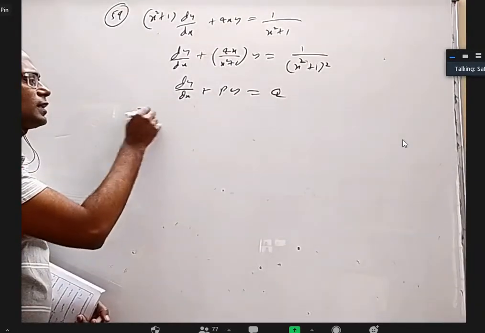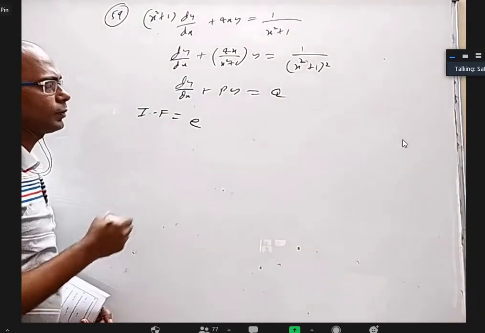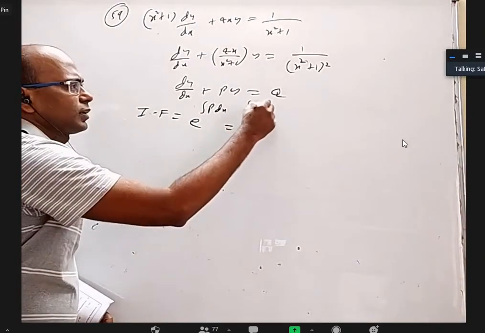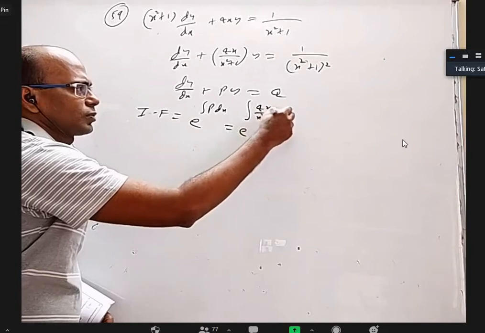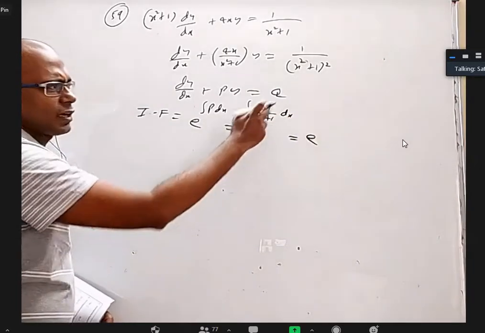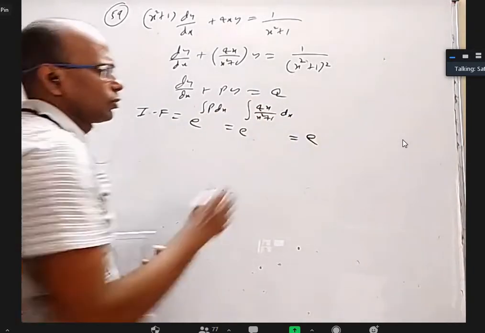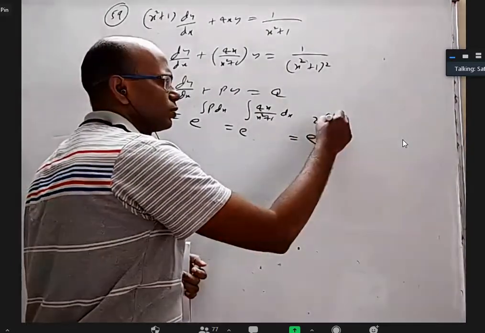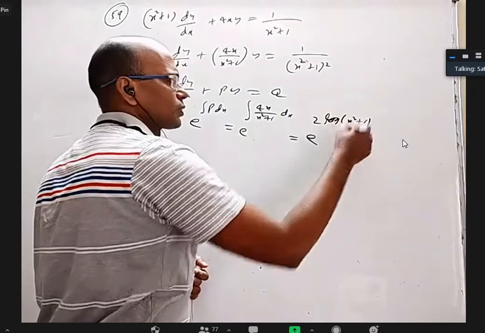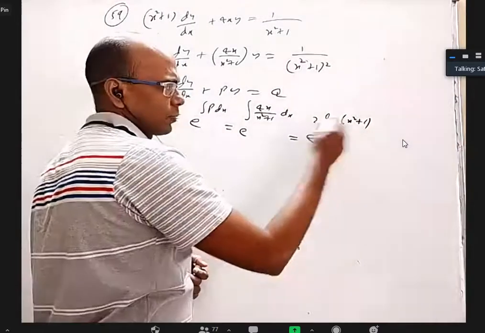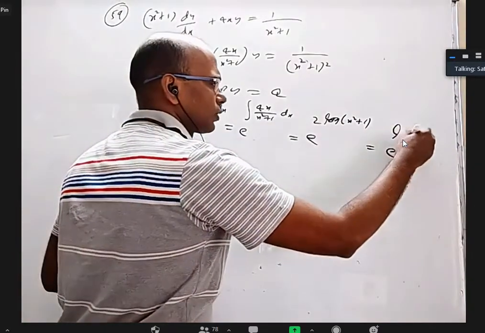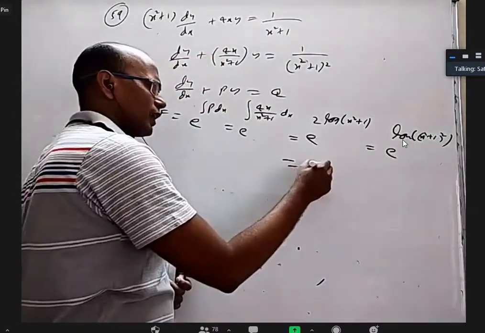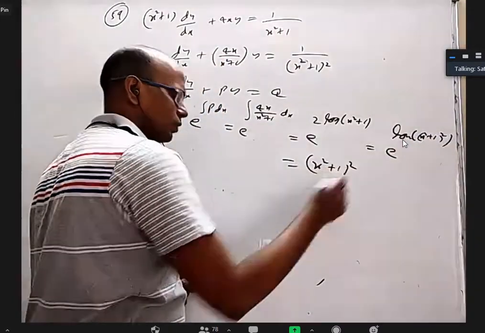Now your integration factor is e power integral P dx, e power integral 4x by x square plus 1 dx. For this, almost this is a derivative except for a 2. So if I take x square plus 1 as t, this will be dt, 2 times. So it will be 2 log of x square plus 1. And this 2 becomes the power, we get log of (x square plus 1) square. E and log will cancel. We'll get (x square plus 1) whole square